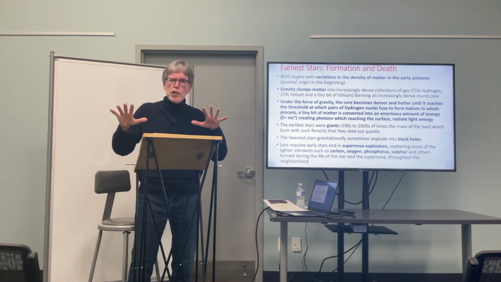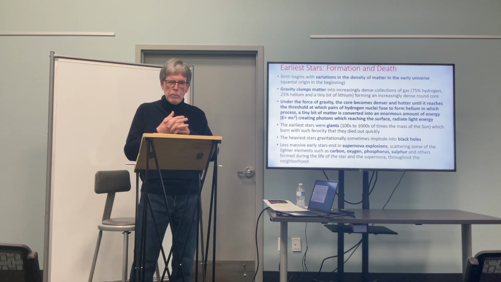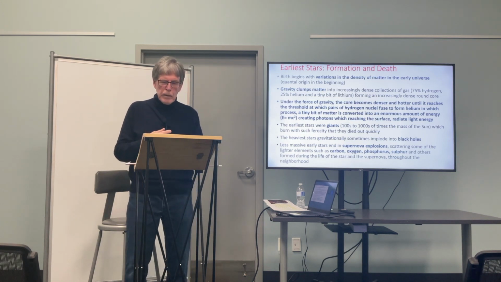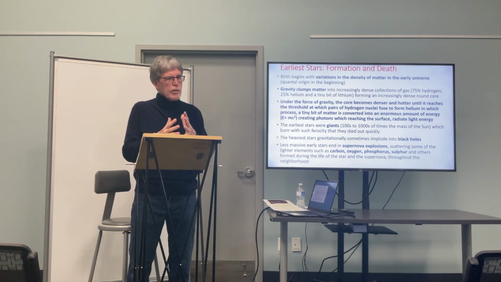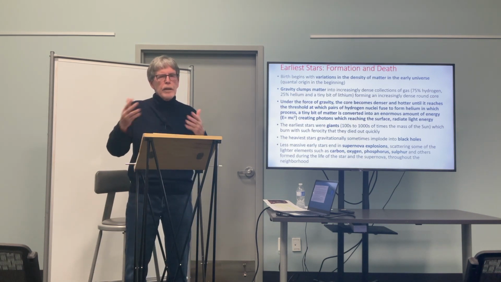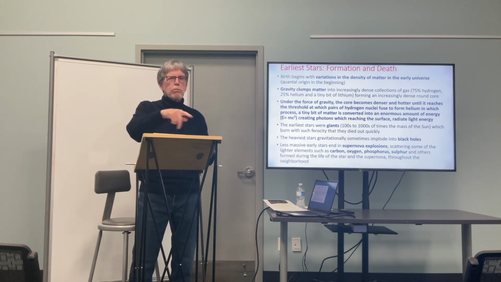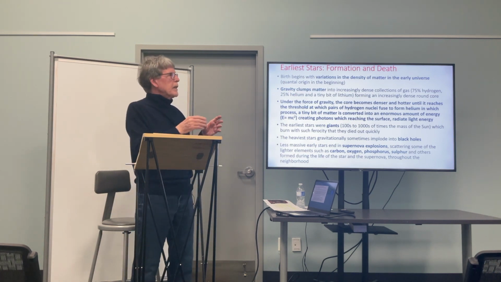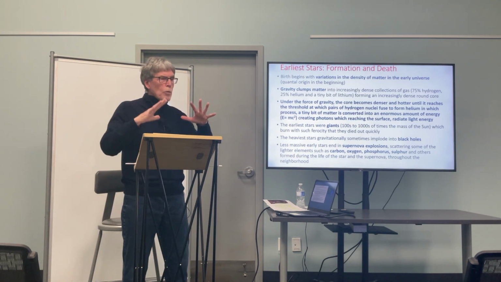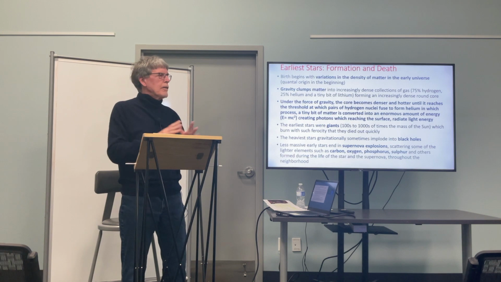Gravity began to shape these uneven clumps of matter, hydrogen, some helium, into increasingly dense collections of gas, beginning to spin tighter and tighter and tighter. It's like when you flush the toilet, it goes like this. More and more matter clumped together, more and more dense,